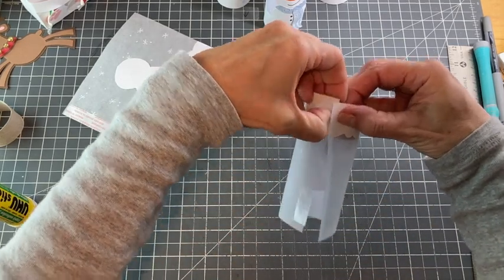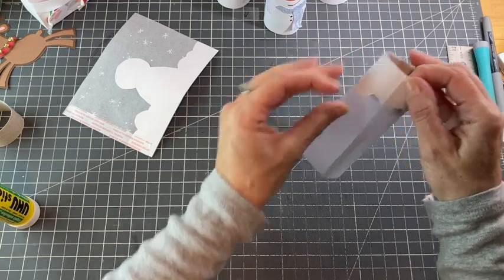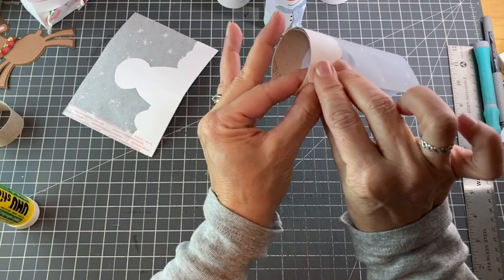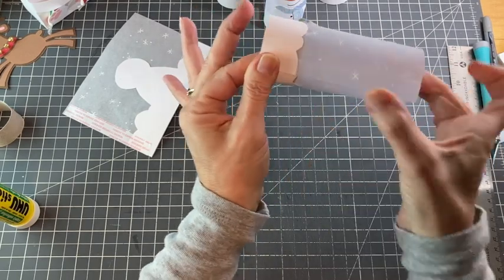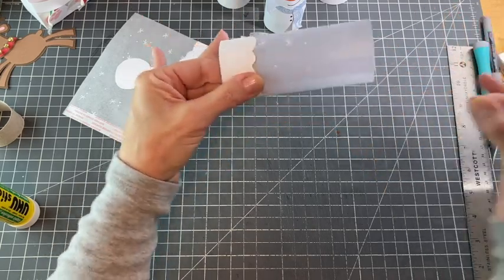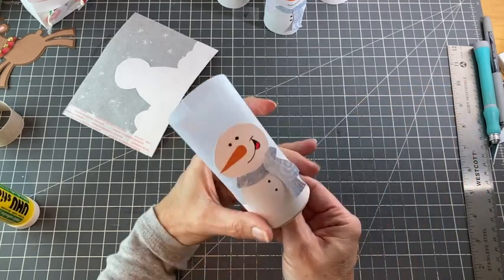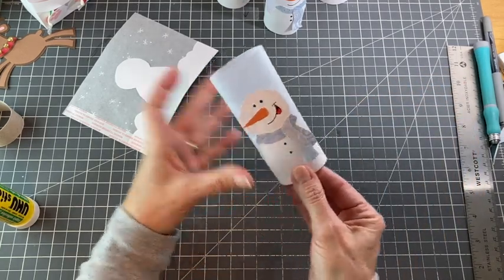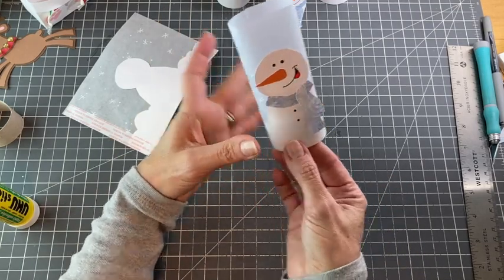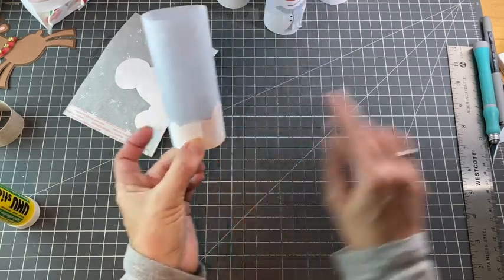Oh my goodness, I'm sorry, I'm completely off camera. I've got it where I can actually see it, which would be under me, and supposed to be out in the front. Okay. There we go. Nice and straight up the back. You can see how well that tape worked. It's not wrinkled at all. There we go. And when it dries, we'll just play around with it a little bit more on the head. And then I'm going to put a paper clip on here